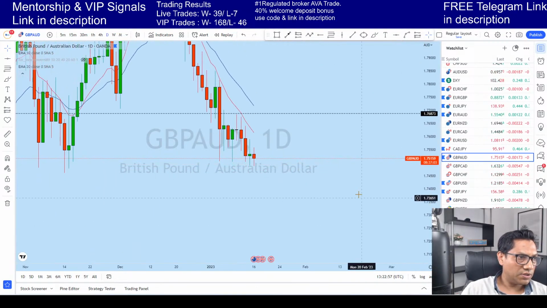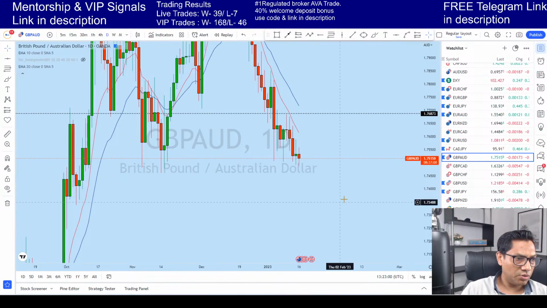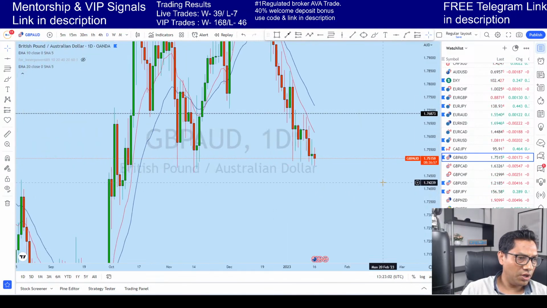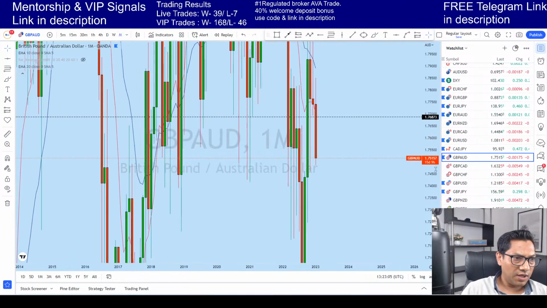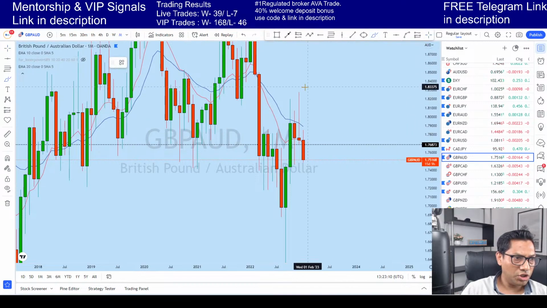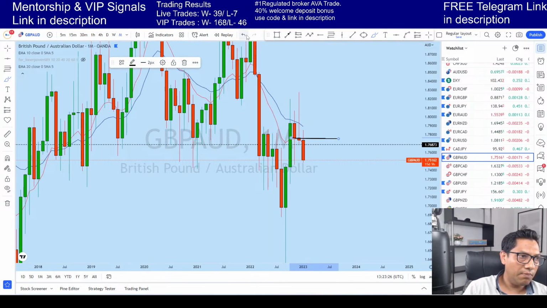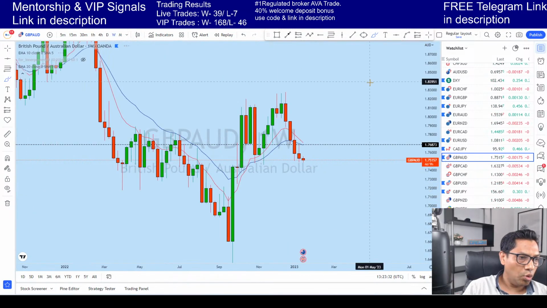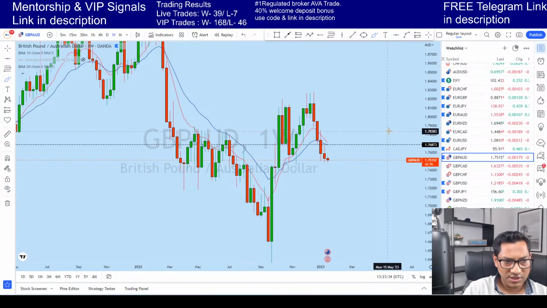If we look at daily, you see that there was an impulse correction, so it is in another correction phase. GBP AUD, looking at monthly: the monthly price action is bearish. There was a long doji on the monthly with a huge liquidity gap at the top, followed by the price crossing this liquidity zone and now coming back down, and I think this price will continue to drop.